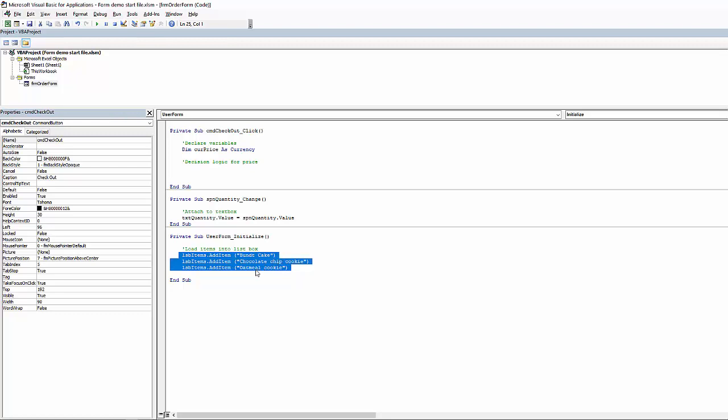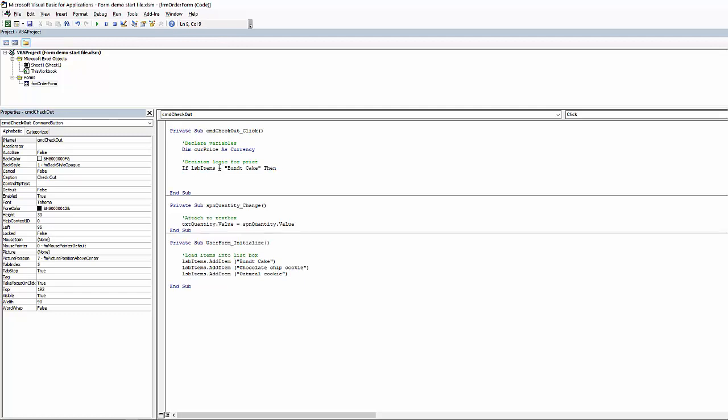And everything else we sell is 99 cents because the cookies are 99 cents a piece. Okay. So what I'm going to do is I'm going to jump in here and I'm going to say if LSB items equals bundt cake. Okay. So basically, if the user selects bundt cake from the list box that's in our form,